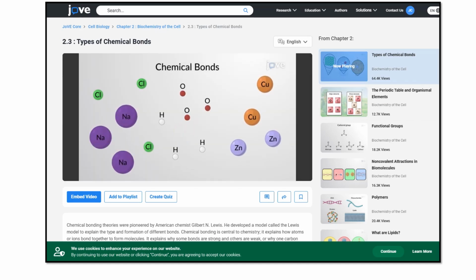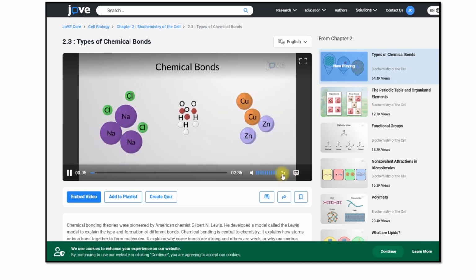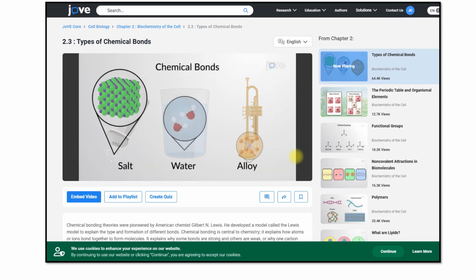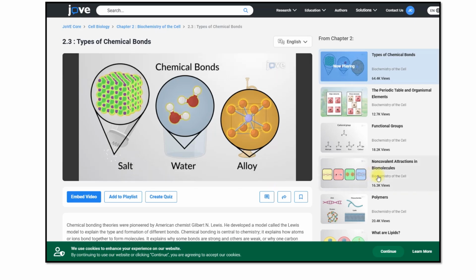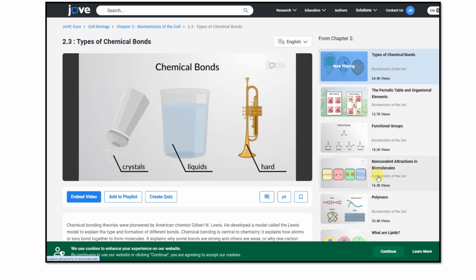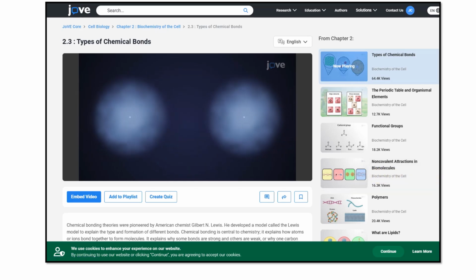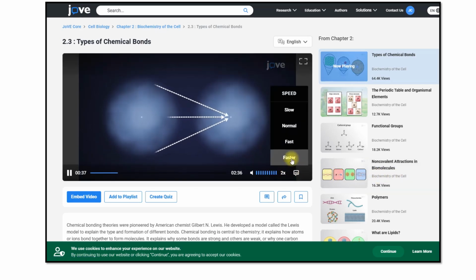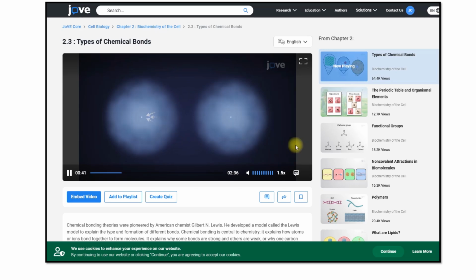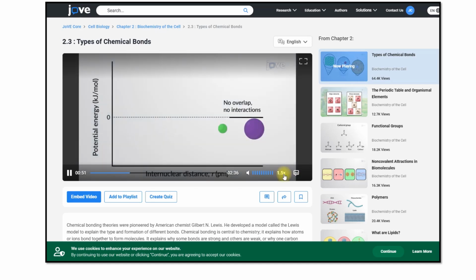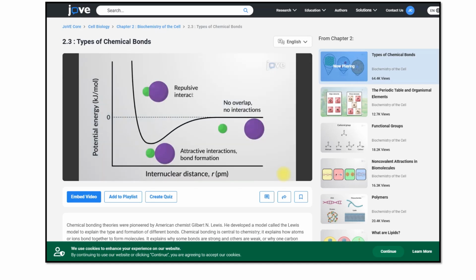Chemical bonds are essential for atoms to form a variety of compounds, such as salt, water, or alloys. Understanding chemical bond formation, or more specifically the attraction between atoms, will help to comprehend and predict molecular behavior. The nucleus of an atom is made up of neutrons and positively charged protons, which is surrounded by the negatively charged electrons. When two atoms come close to each other, the electrons from one atom are attracted to the nucleus of the other atom, and vice versa. Simultaneously, nuclei of both atoms repel each other, as do the electrons of each atom. When these interactions lead to a net reduction of the potential energy, a chemical bond